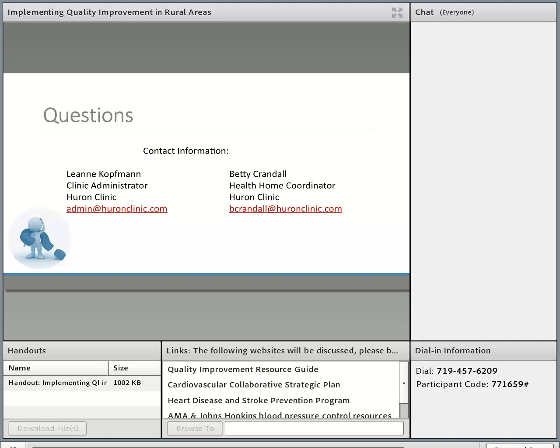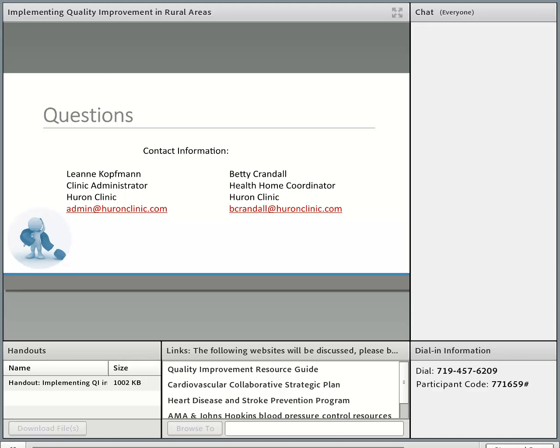And as Leanne mentioned, my program's been working really closely with Huron Clinic on this initiative, and it's been fantastic how quickly the providers and staff have gotten on board with this. As you heard, they're already seeing improvements in their blood pressure performance measure, and it's been very helpful with identifying those folks that are leaning more towards white coat hypertension than actual true hypertension. So a lot of great outcomes we're seeing here.